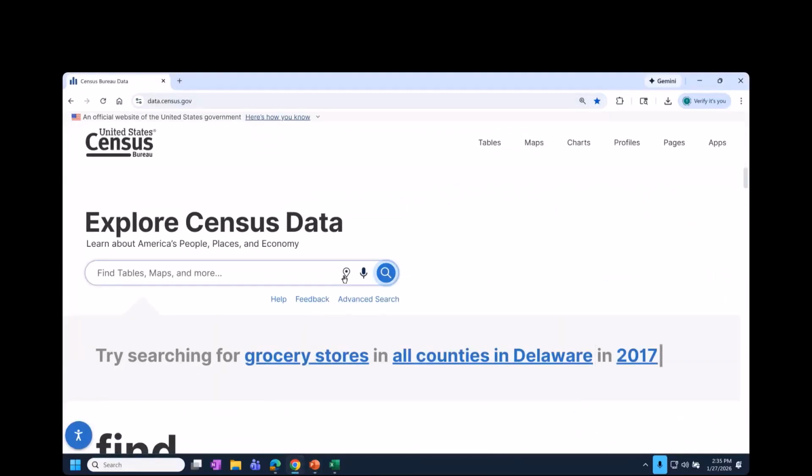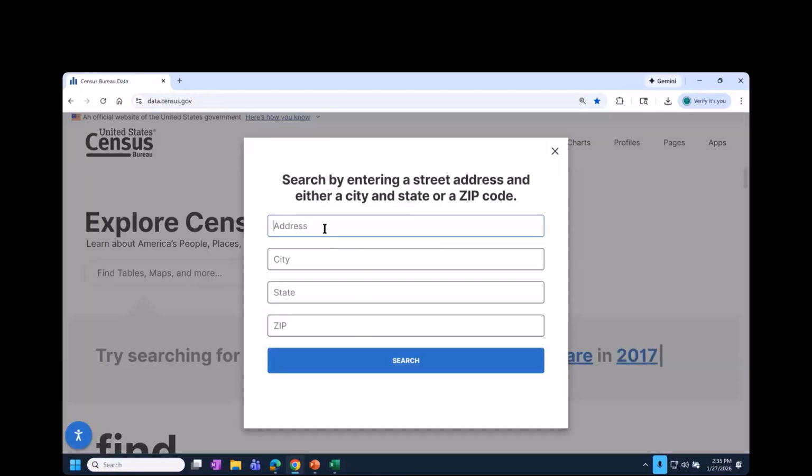The trickiest part of address search right now is finding the geography pin icon to start searching by address. If you're viewing this webinar in a couple weeks, you'll be looking for a new button below the single search bar that says search by address. We're working to make it more intuitive to start this process. Once you click the geography pin icon, it will be very intuitive what you need to do next. You'll type in your address, and then you need a city, state, or zip code. I'm going to put all of that information in